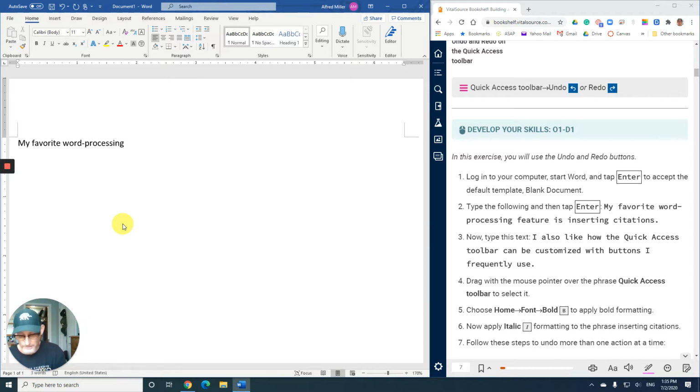My favorite word processing feature is inserting citations. And it said to press enter after I type that. Step 3 says now type this text. I also like